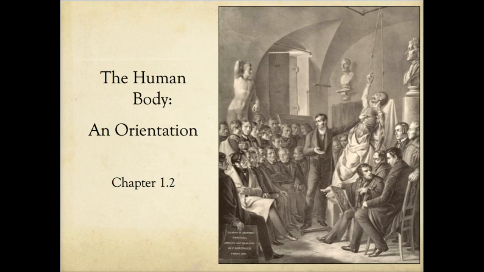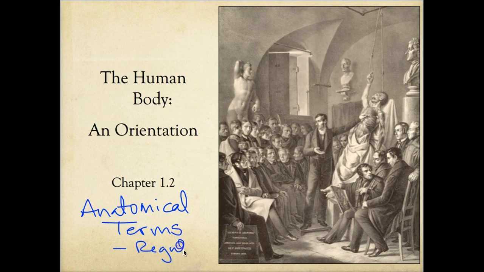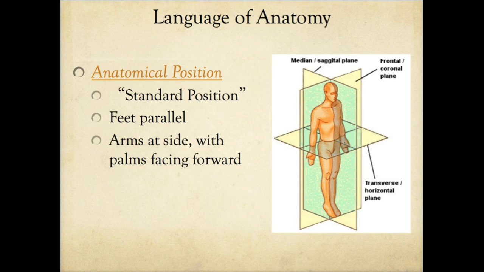We have one goal and one goal only here in the second set of notes in Unit 1: review of what anatomical terms are. These are regional terms, directional terms, and knowing the sections of the body. To start, when we talk the language of anatomy, these directional terms, these sectional terms, everything is based on